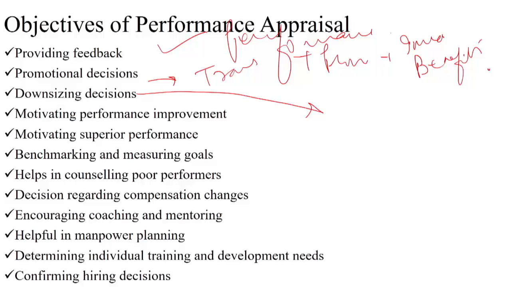Then another objective of performance appraisal is all related with motivating the performances. Definitely it helps us to identify the gray areas or the weaknesses of the people, and then motivation can be given to them to perform better in the next tenure, or maybe in coming weeks or in coming months. Then it talks about motivating superior performances, like the performance appraisal subsystem actually motivates the employees for superior performances.